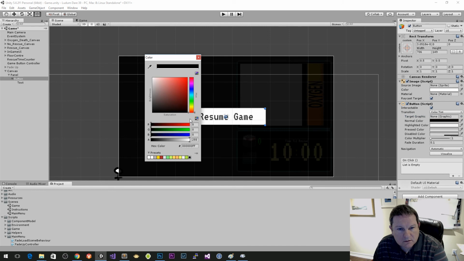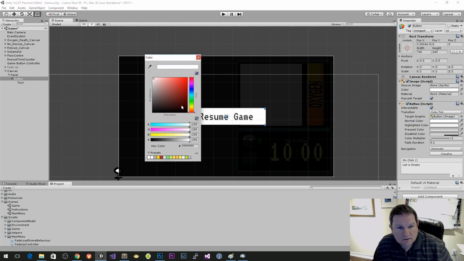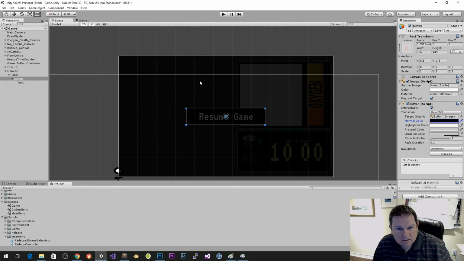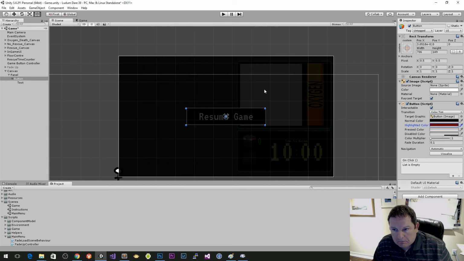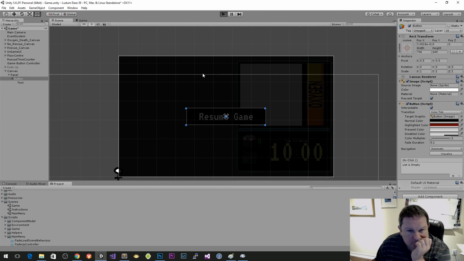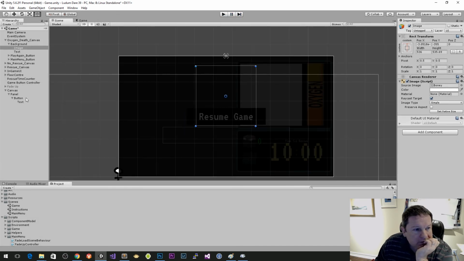And normal color, black. I don't know if I can. Let me undo that. Okay, normal color is black. Okay, that's better. And then highlighted color is kind of red. I don't know. Press color is that. So when I run this, so resume game